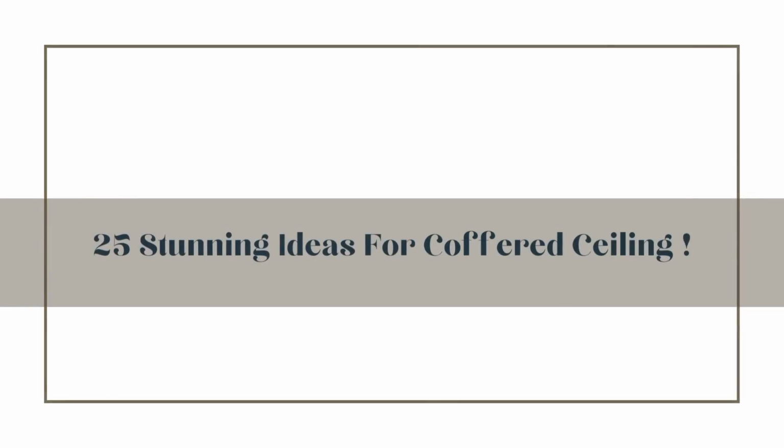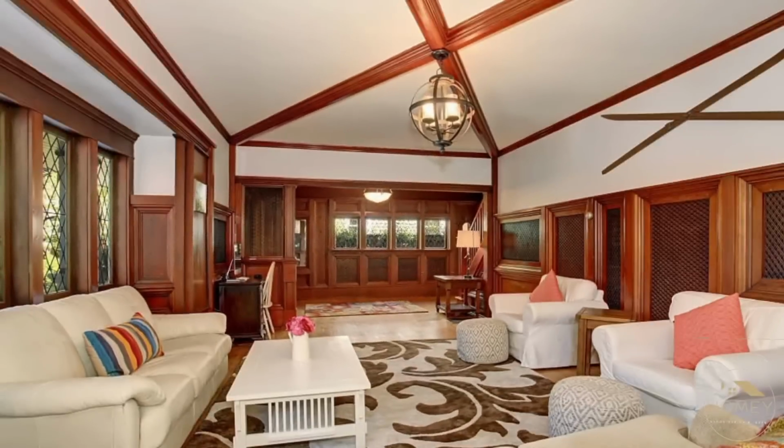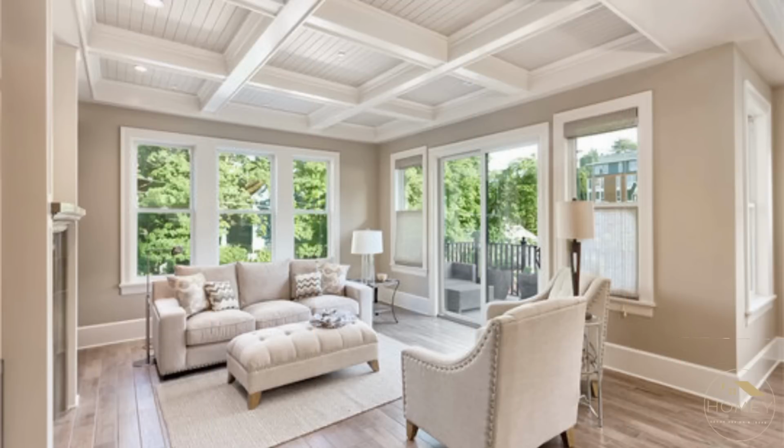In this video, we will discover 25 stunning coffered ceiling ideas for every style and taste. From classic and ornate to modern and minimalist design ideas, this video is your ultimate guide to the world of coffered ceilings. Coffered ceilings have been a staple in interior designs, adding a touch of elegance and sophistication to any